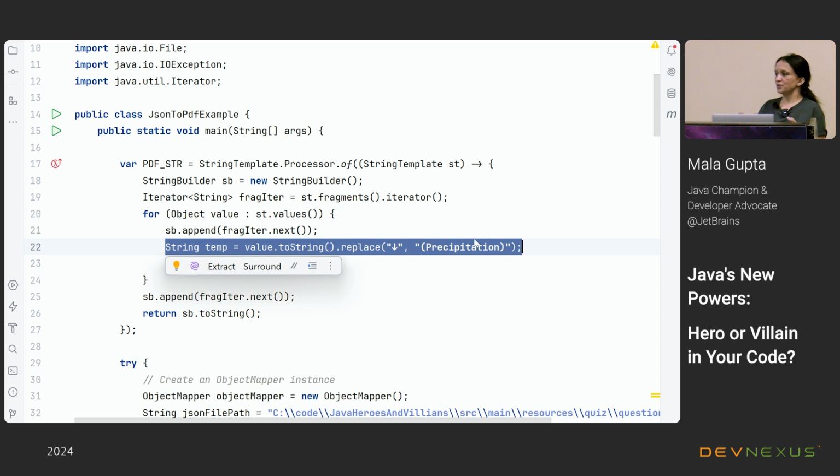In this case, the problem is not with the JSON value, the problem lies somewhere else. It's about the library that I'm using. So I don't have to modify my JSON now. That's how I separate where I modify my record or JSON value, where I use the constructor, and where I am using the string templates.